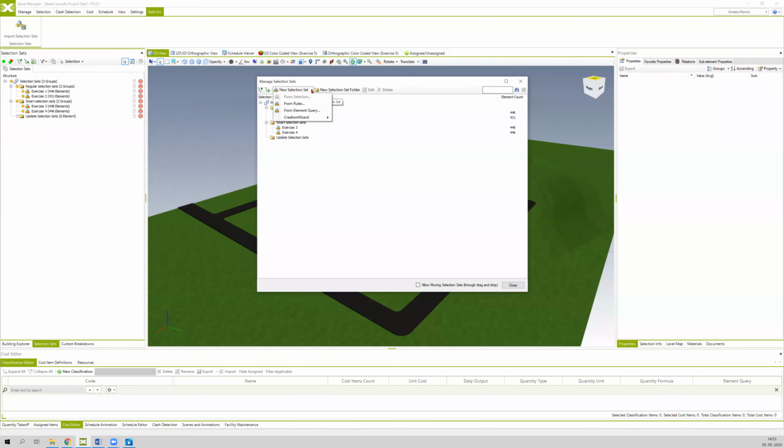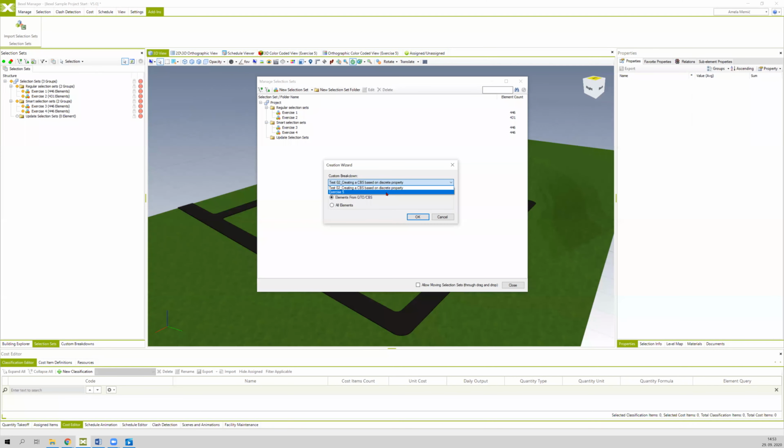And then you have an option, Creation Wizard, and click on it. And in the next menu, the option from Custom Breakdown will appear. And within the Creation Wizard window, just choose the custom breakdown on the basis of which you would like to create